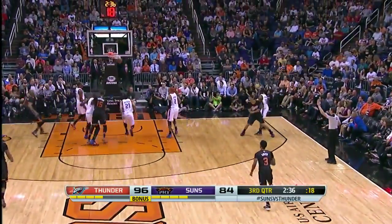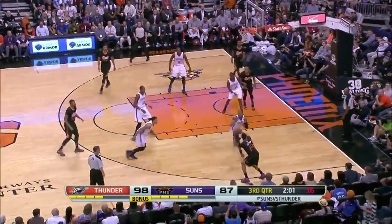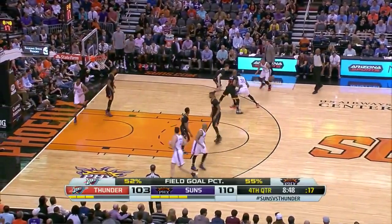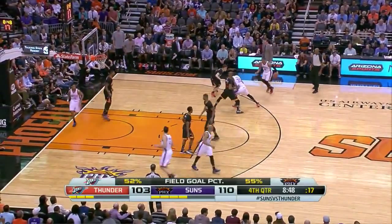Gerald Green was on fire from beyond the arc and had 41 points in this game, and the unstoppable play for the Thunder was the high pick and roll. Between Westbrook and Durant, it literally cannot be guarded. You have to give up something, and if PJ Tucker sags or hedges, that leaves Kevin Durant open for a